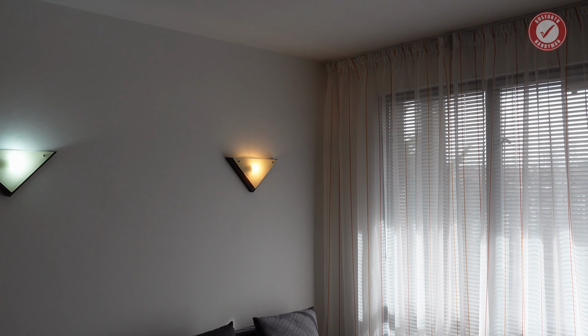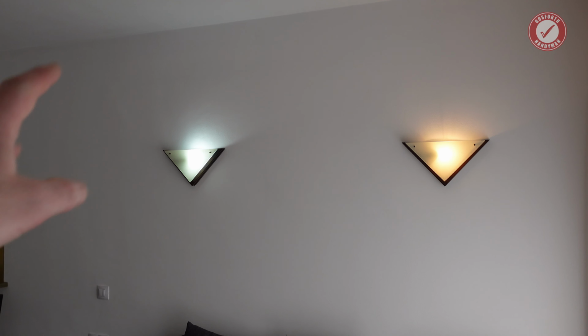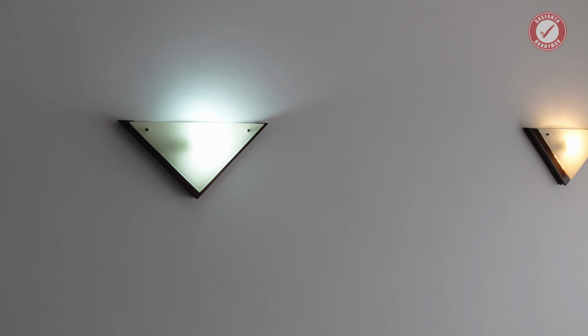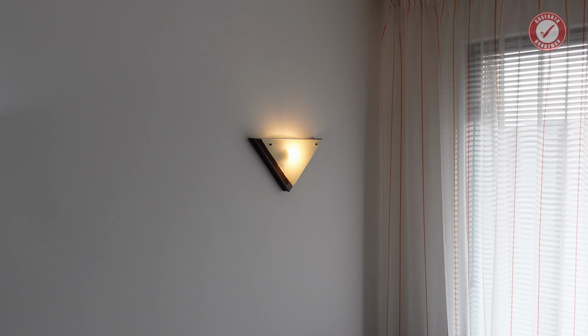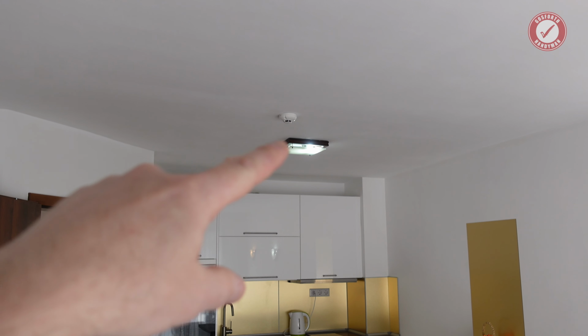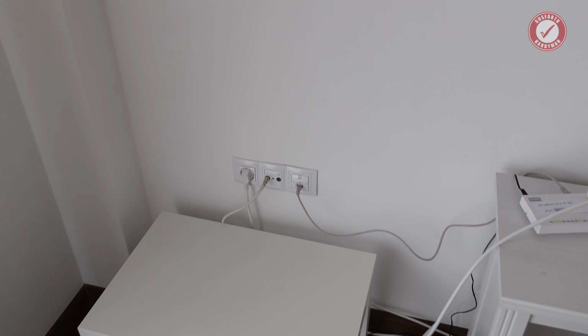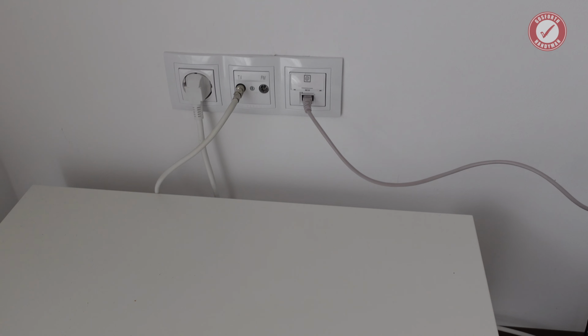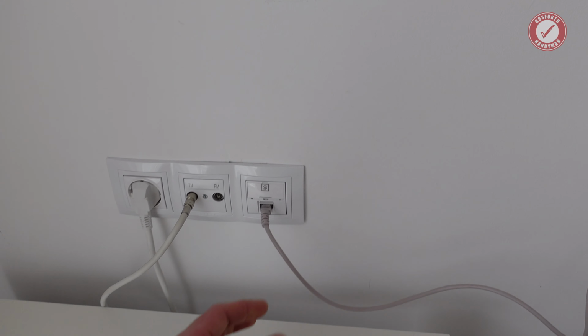Warm lights look so much better, and absolutely never mix cool and warm in the same room, because at night time when you've got all the lights on, it just looks ridiculous. And as I say, we've got warm, cool, warm, and then another cool light over there. It just looks crazy. We do have the usual kind of TV, FM connection, and we've got a telecoms connection